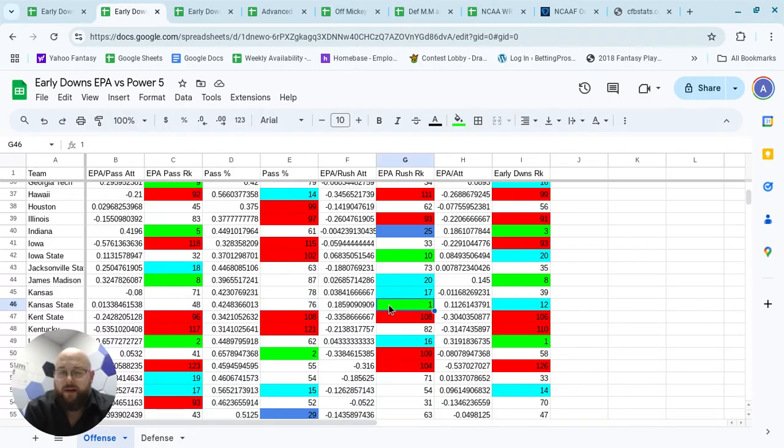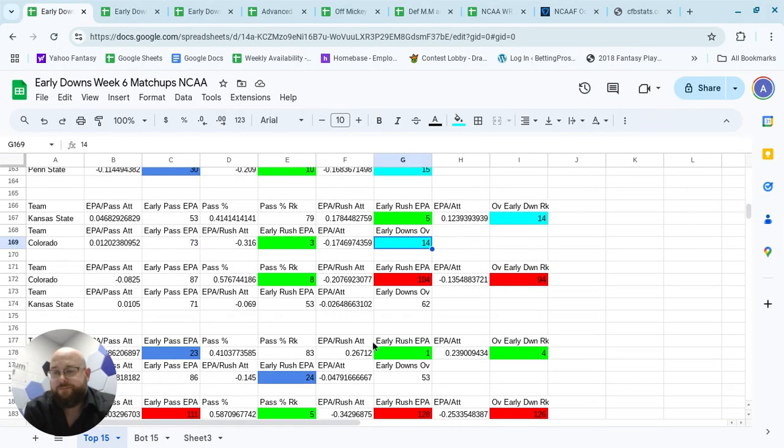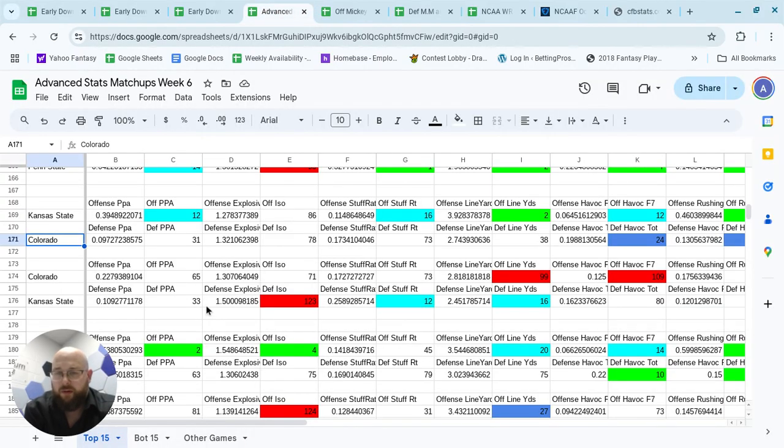Kansas State, on the other hand, they're first overall in EPA per rush attempt, EPA rushing on early downs, and 12th in overall early downs, right? So they're really similar. They kind of play to their competition, to be perfectly honest. Now, a couple of things when we're looking at the advanced statistics side of the ball, it's pretty eye opening